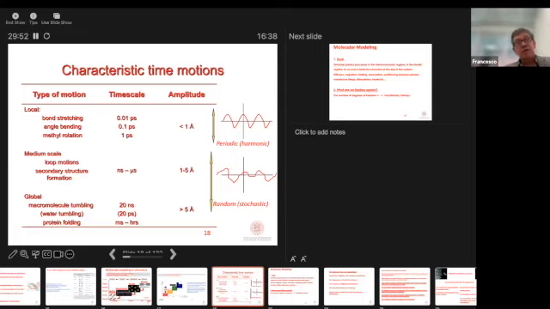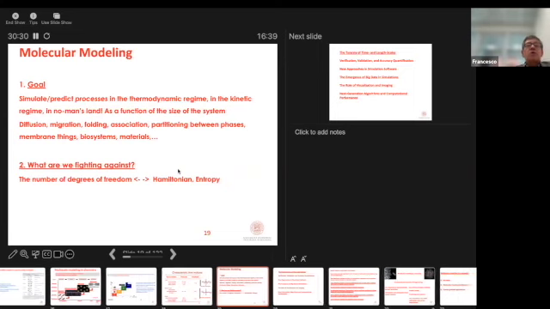But if I have a protein or a polymer, then the motion of a part of the polymer or a part of the protein is on the nanosecond to the microsecond scale. The intrinsic amplitude of the motion, I'm not talking about reactivity or anything, is several angstroms, half a nanometer. And then if I go to consider a fluid, then again, I have to increase the time scale and the length scale. So what do we do with molecular modeling?